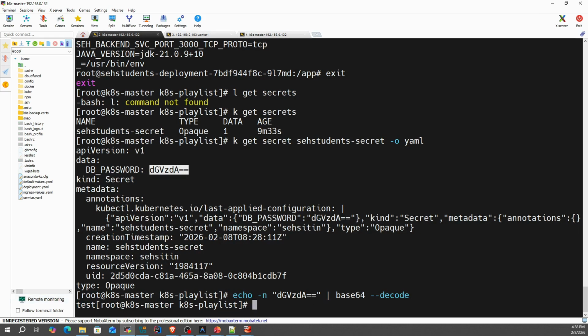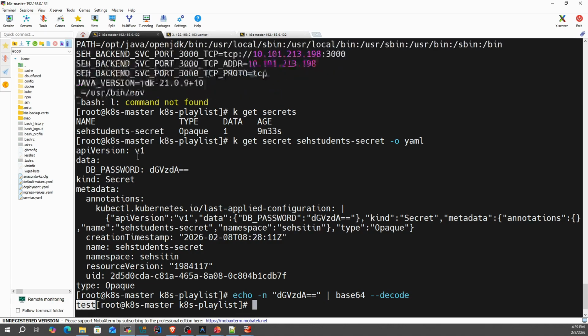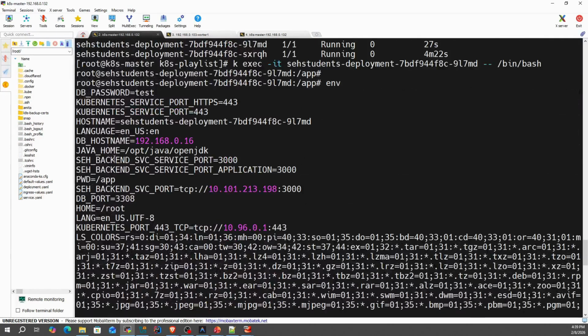So as you can see, the secret is decoded easily. So we must make sure we restrict access to secrets using RBAC, role based access control, because anyone with access can decode the secret, or they can exec into the pod and read environment variables, just as we did earlier here.